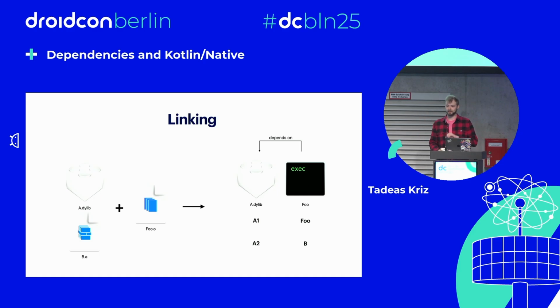I don't expect you to remember, but way back in one of the slides we declared those, A1, A2. It doesn't matter. We have A1, A2 in the dynamic library, and then our foo executable, because B was just the .a, the static library, is actually containing